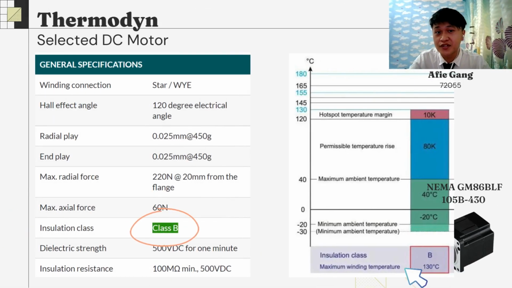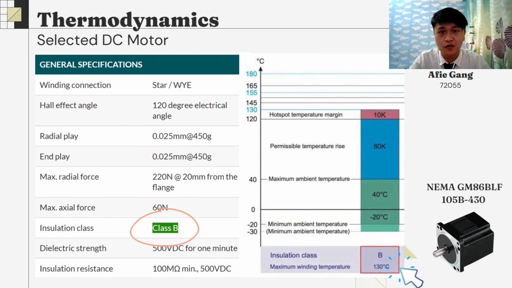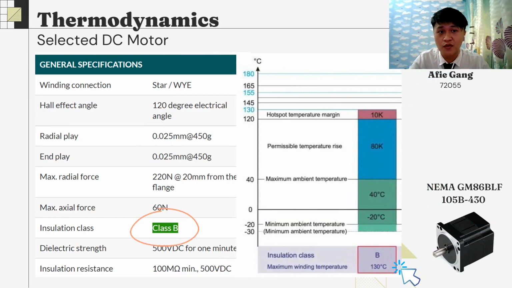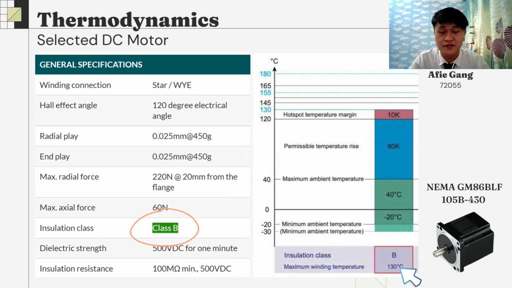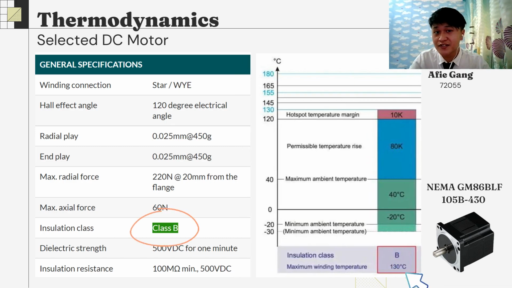The table shows the general specifications of the chosen motor. The NEMA standard provides 4 classes of motor insulation, which describe the insulation system's ability to withstand a certain temperature while giving a specific operating life, to address the risk of failure of the insulation due to heat. As we can see from the table, the insulation class of the motor is Class B. Class B means the maximum winding temperature is 130 degrees Celsius, with a permissible temperature rise of 80 K